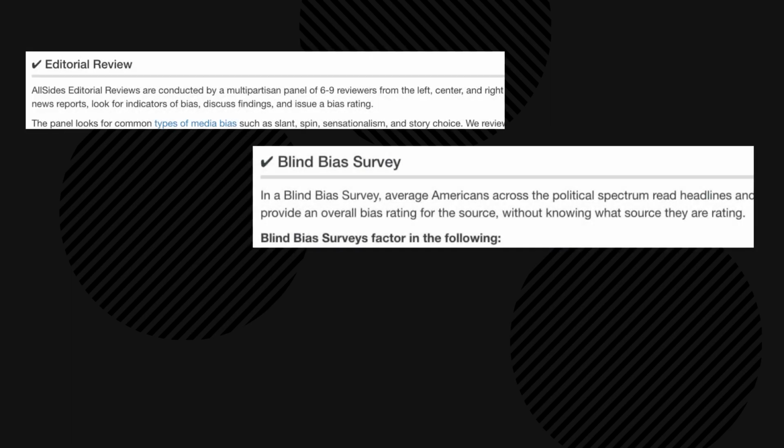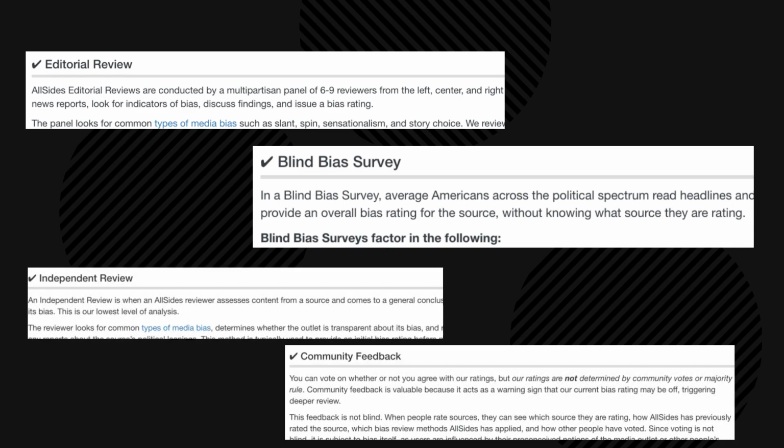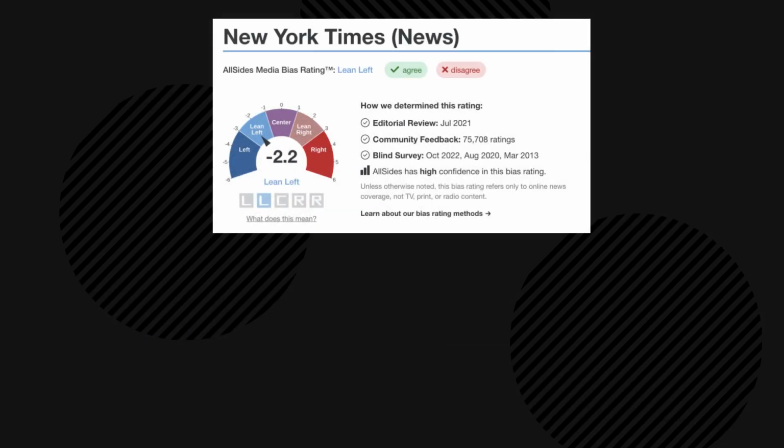AllSides uses a range of different methods that takes into account both public and expert opinion. And this breaks down into 4 main approaches that we will dive into. Those approaches are editorial review, blind bias surveys, independent reviews, and community feedback. The idea being that when these methods all agree with each other, we can have a lot of confidence in the rating, such as in the case of the New York Times. But on the flip side, we have less confidence when the ratings do not agree, like in the case of